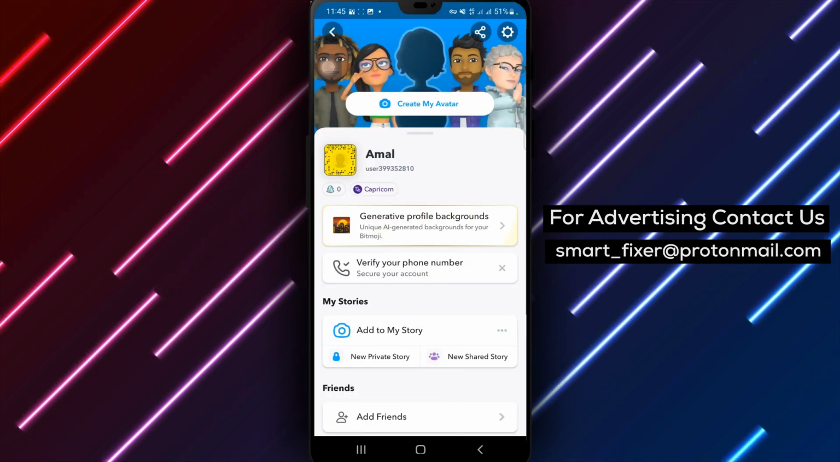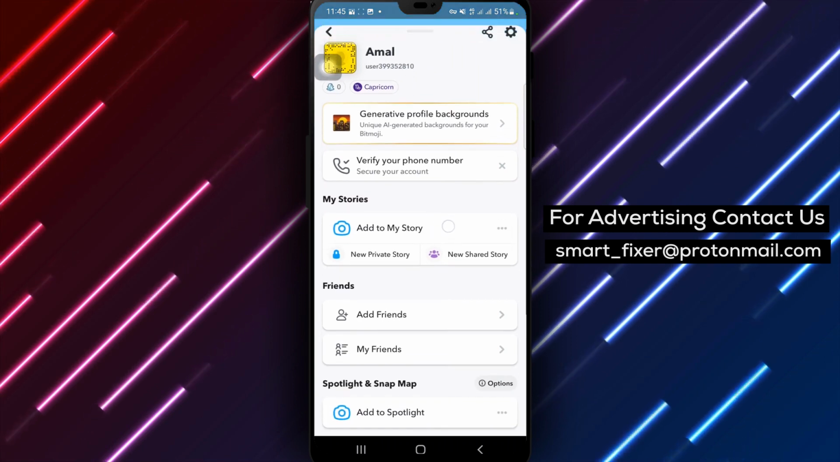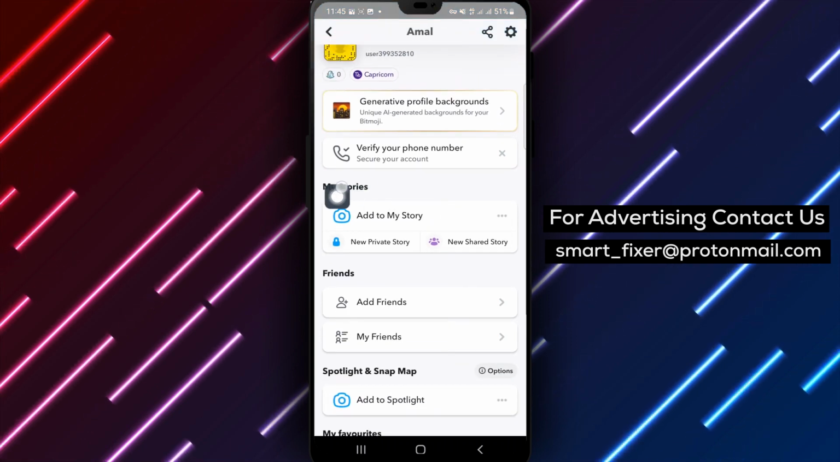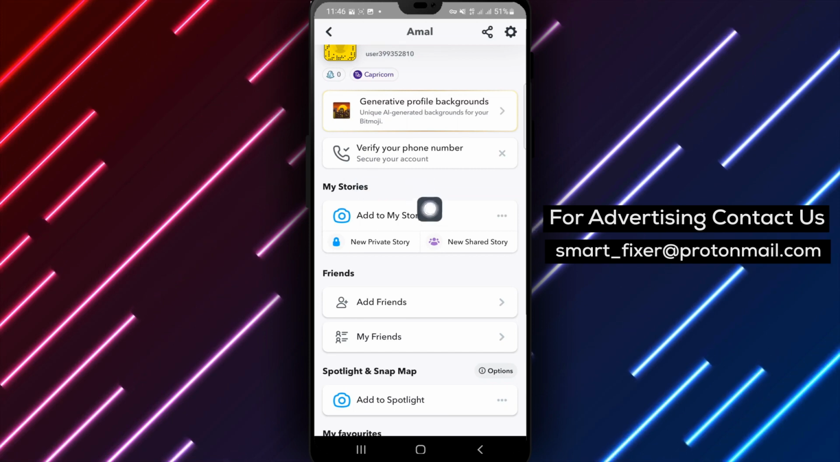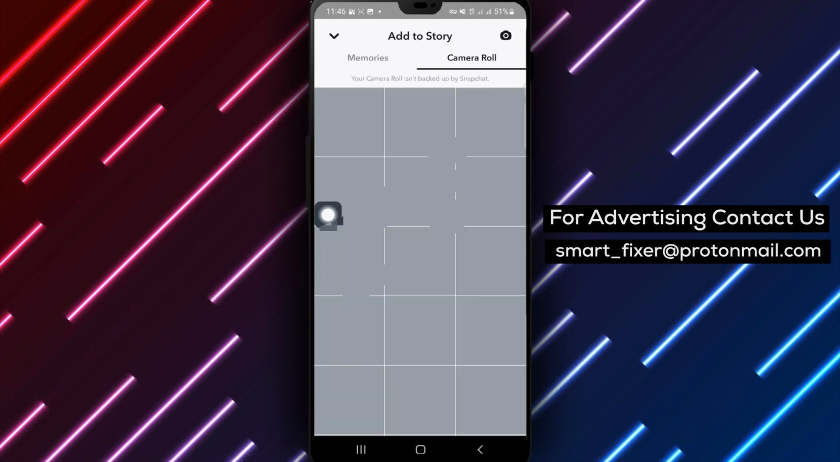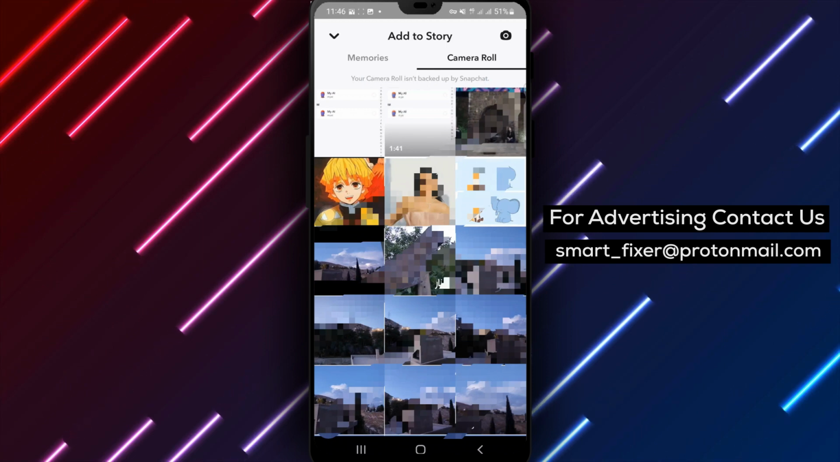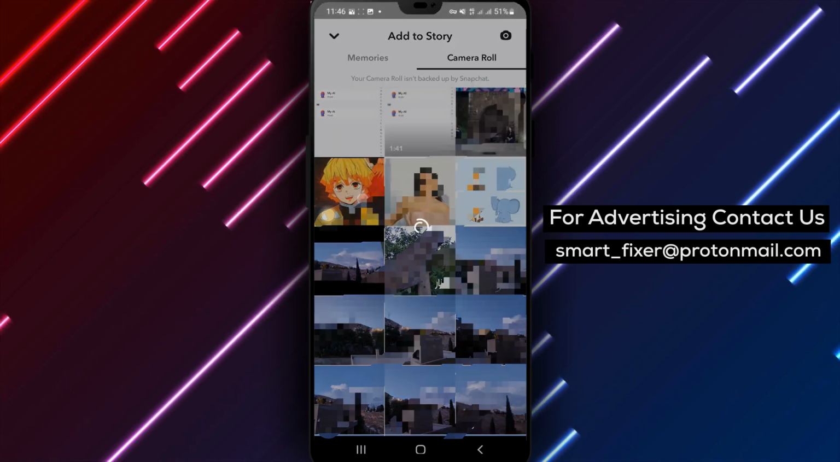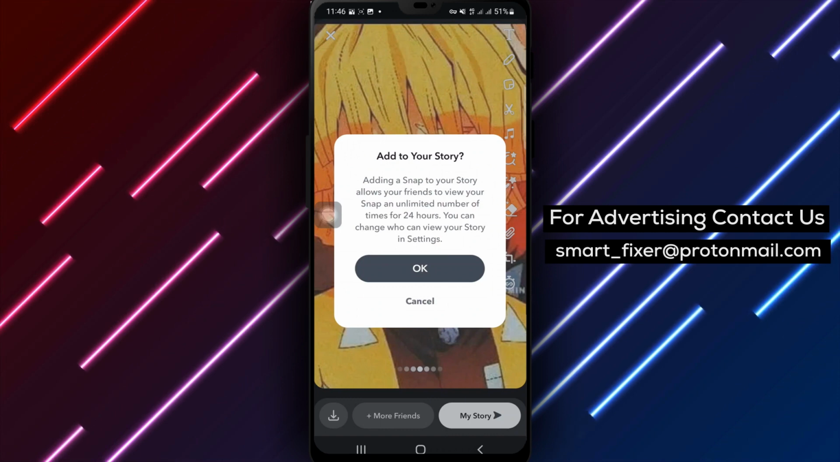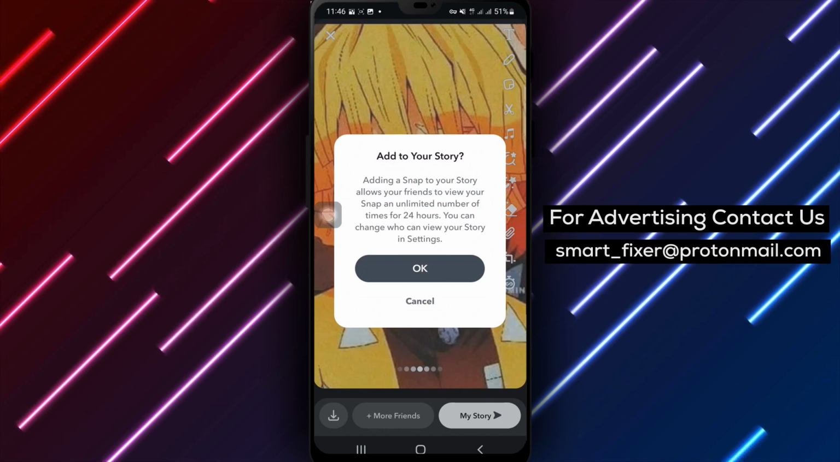Step 3. From your profile, scroll down to My Stories. Once there, tap on Add to Story to begin creating your story. Step 4. Now, it's time to follow the normal protocol of creating a story. You can upload a picture or video, add stickers, filters, text, and even include tags to make your story more